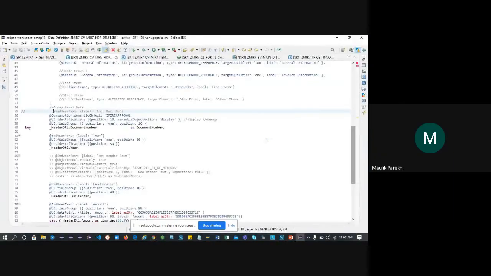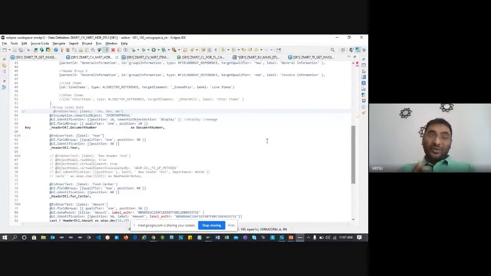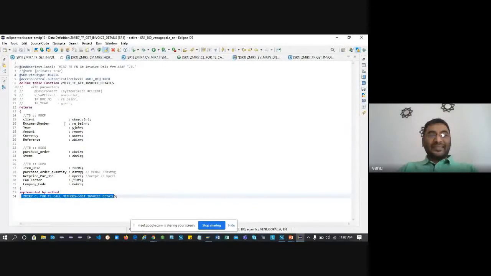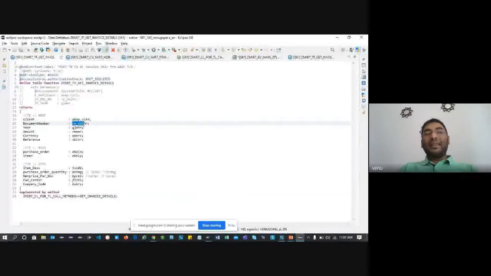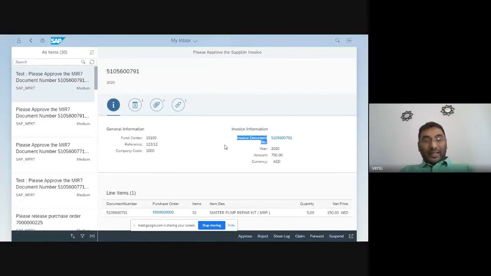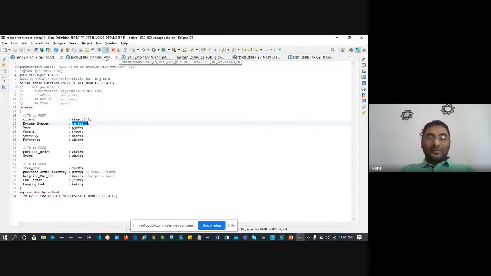So the standard data element, which you already defined in your ABAP, is pulling from the document number, it's pulling from your RE Bellner. So this is what is already defined in ABAP. I can show you that, but short of time we cannot dig into that area. You can refer to that. So it's a business scenario, as per my business scenario.